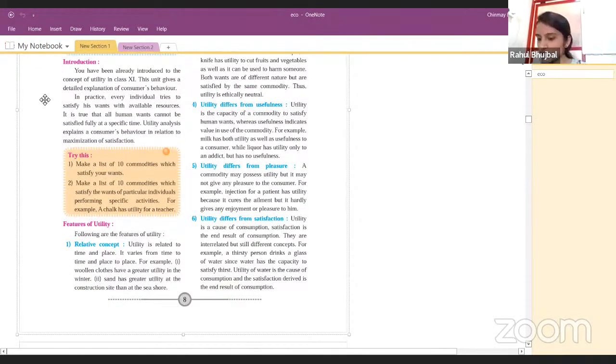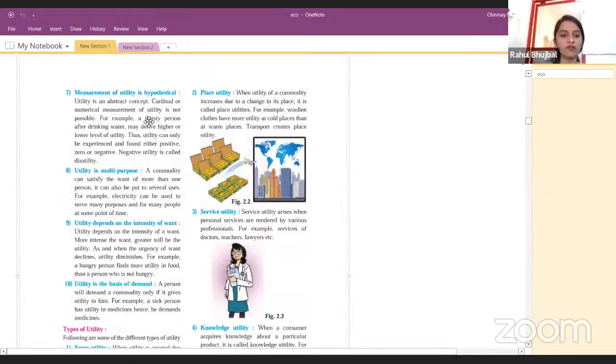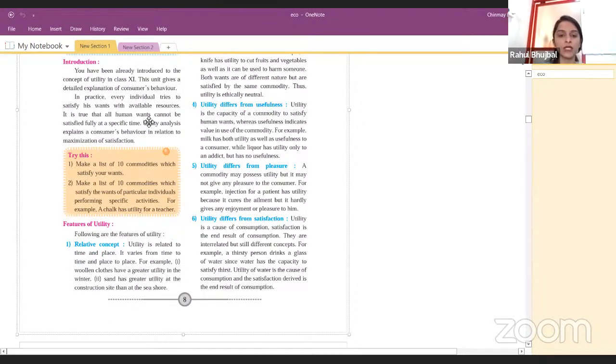Okay, quick revision of the thing that we did yesterday. What did we discuss yesterday? Utility. So what is utility? Utility is the want satisfying power of a commodity. Then we further discussed that there are two major things of utility. First we'll discuss the features of utility, in which we remember the sentence of